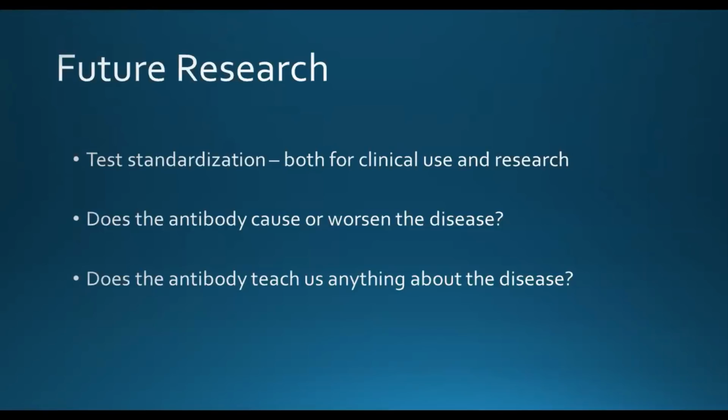And finally, the antibody can be used as a tool to teach us about the disease. Now, as researchers study a disease, in the beginning, they don't know what to start with hardly. You know, they have to have clues as to where to look and tools to use. Now that they know this antibody exists, in trying to learn about the antibody, they can learn about IBM in general. Like people who are positive for the antibody, why? What happens to let them be positive? For one example,